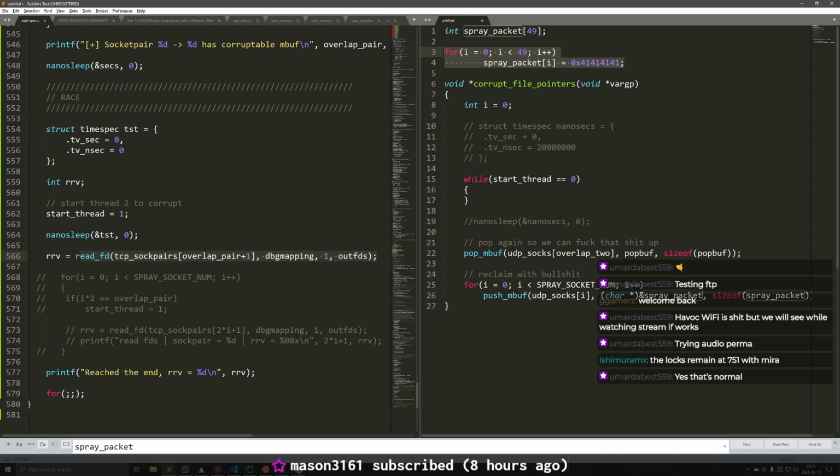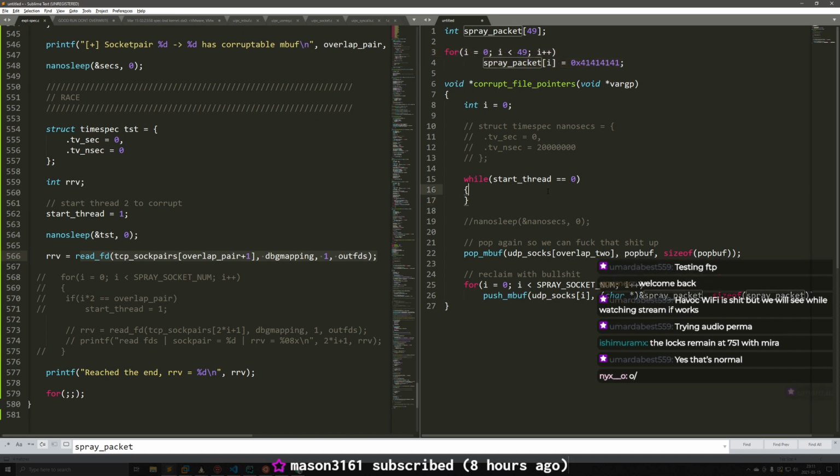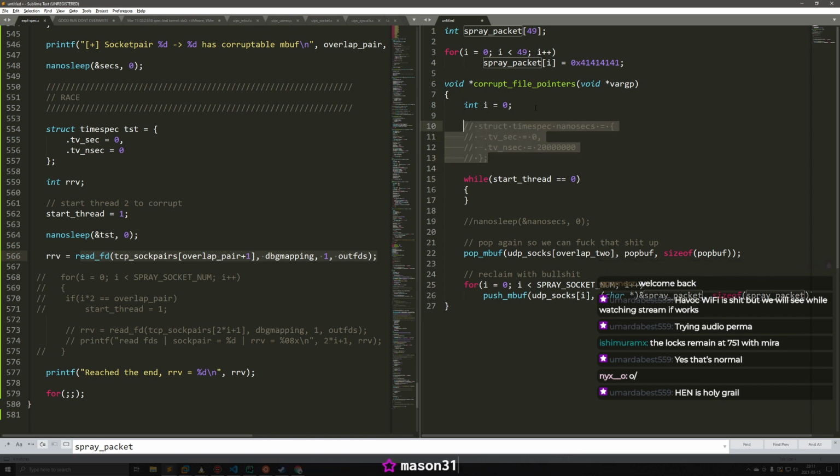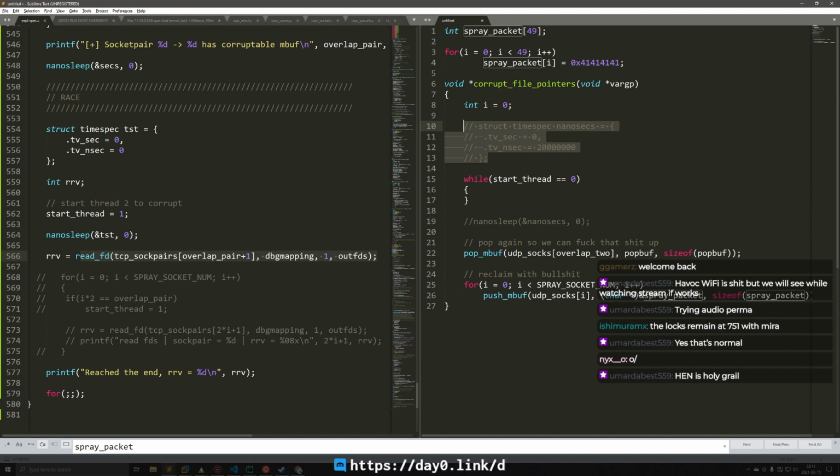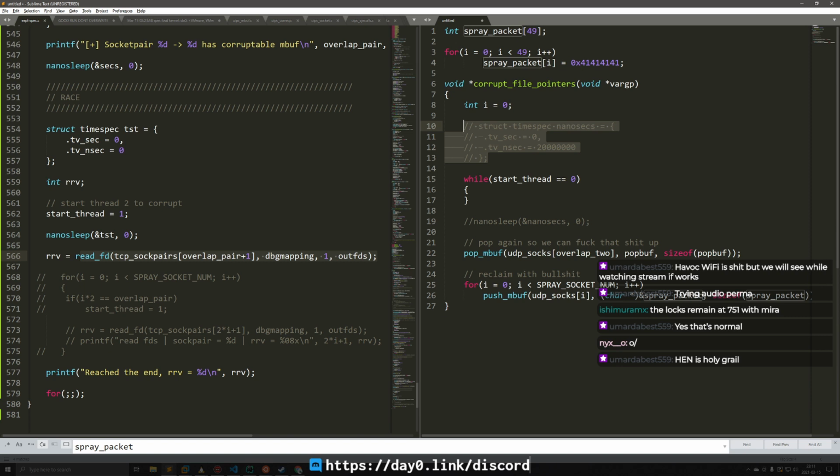Now I'm going to modify the kernel to artificially extend that window. I actually did try this yesterday, I think, and it does work out, but I will show you guys. I also edited it out when I was trying something else, so I have to put it back in anyway. So I can show you guys that this strategy will in fact work out, assuming we can get the timings good enough, which I think we can.